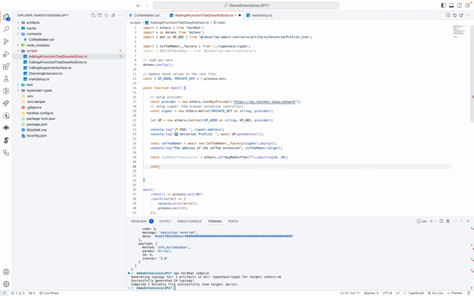by saying constructedDataKey equals. So first we take the ERC725Y data key, which is the LSP17, and we take the prefix. So the prefix will be 12 bytes, which are defined in the standard. And now we need to take this 4-byte selector and pad it. So we're gonna use